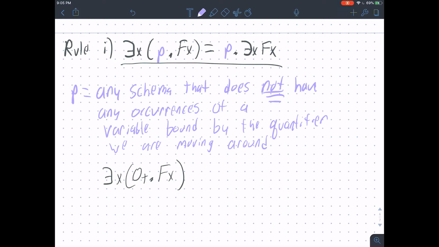If you don't, ask me, meet with me in office hours, and I'll try to explain it more. So for these rules, it's true that the existential quantifier doesn't distribute over conjunction because we're not distributing the existential quantifier, right? We're not doing anything to change this p right here. So if we were to apply this rule here, we would get